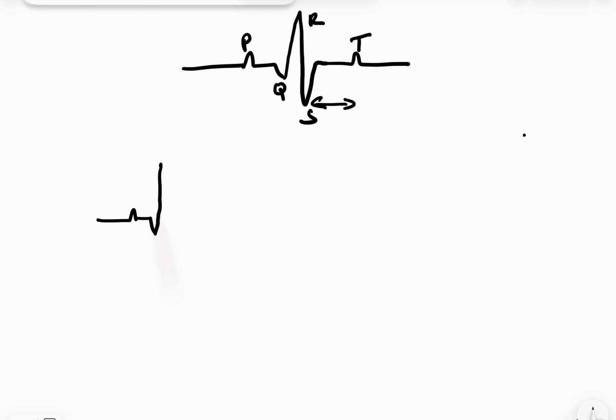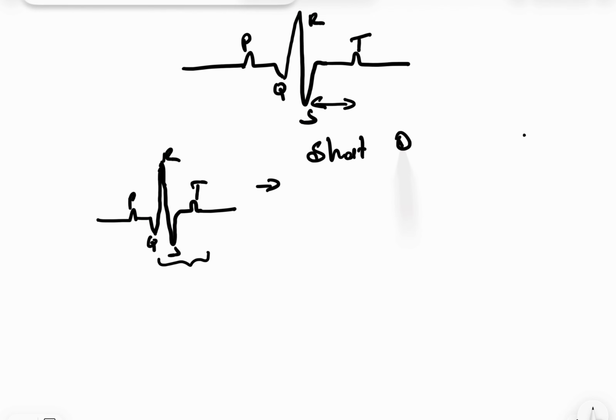P, Q, R, S complex and T. P, Q, R, S, and the T just originates very close to the QRS complex. This is a very short QT wave. In case a patient has a short QT wave, a short QT interval, the patient may have a diagnosis of hypercalcemia